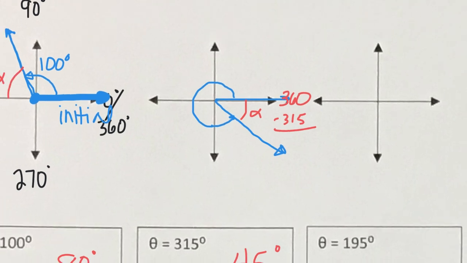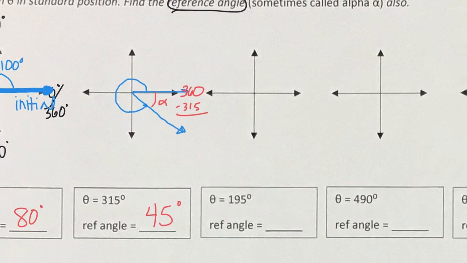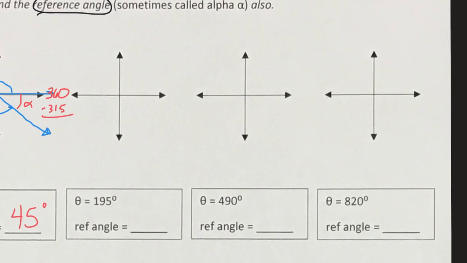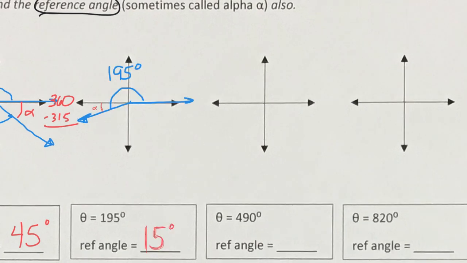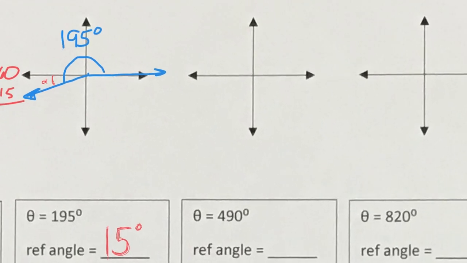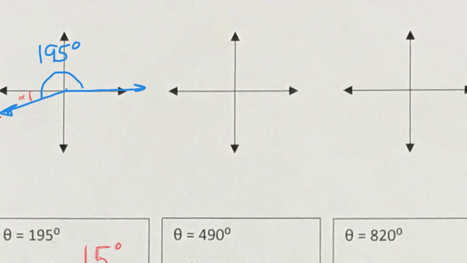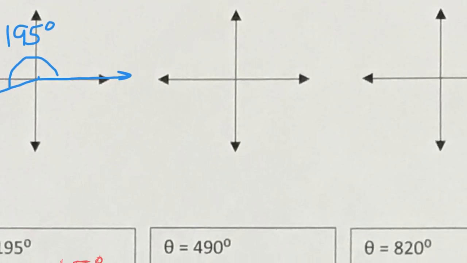Okay, so we're going to continue doing that for this entire page, drawing our angle and finding our reference angle. So we're going to do 195 and 490 and 820. So a 195-degree angle would have a 15-degree reference angle. Now what about 490? So we only have 360 degrees in a circle, which means we must have gone around